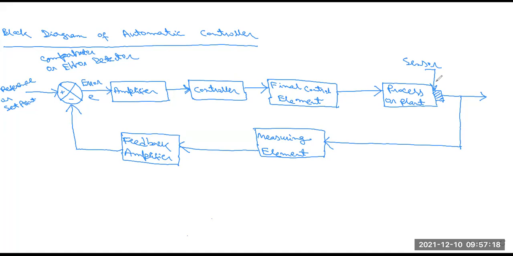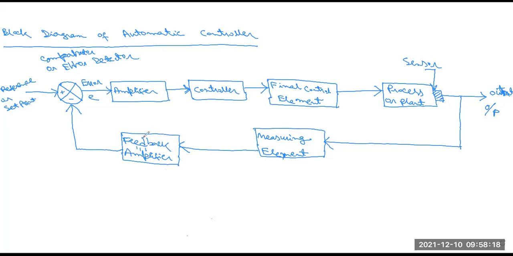There are different types of process measurement variables, that means temperature measurement sensor, flow measurement sensor, sometimes speed measurement sensor or volume measurement sensor we have to attach in these sensor blocks. This is the sensor block. And then the output we receive from here. This is basically the output. These outputs are connected to another block, that is a measuring element, which measures the measured variable, sometimes displacement, pressure, electrical signals, flow, something like that. Then this is the feedback loop we have to attach in the closed loop control system. So this is the feedback amplifier we have to attach,